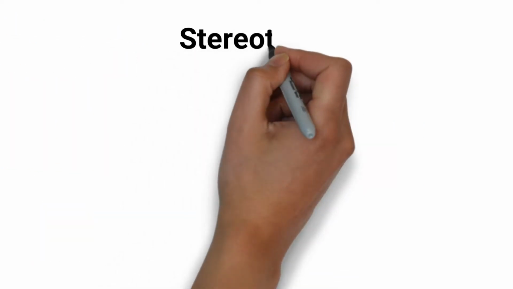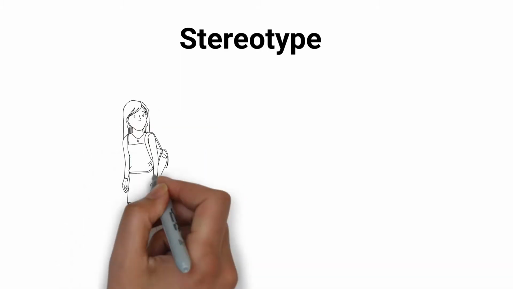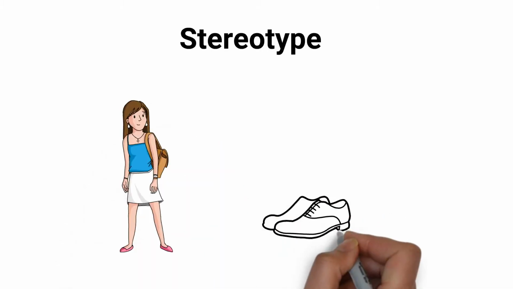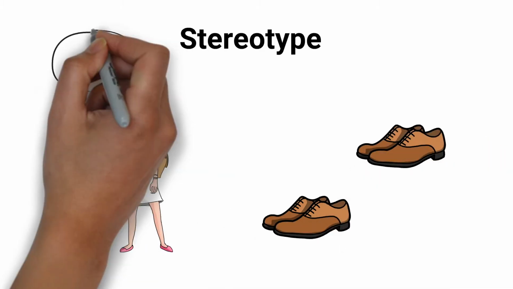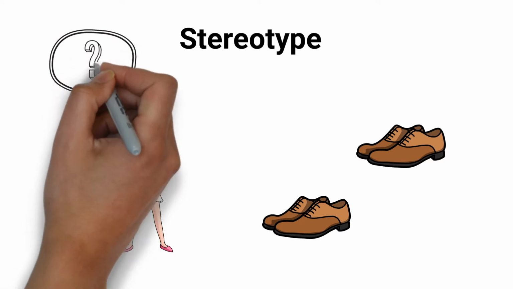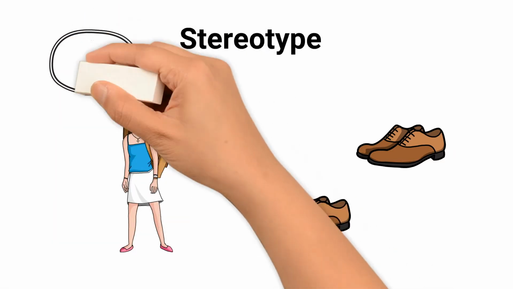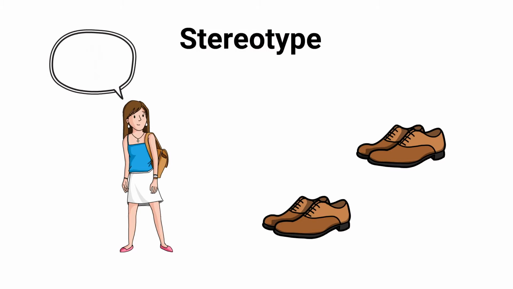Method 2, stereotype. Now imagine that you are in a store and there are two pairs of shoes in front of you. They are very similar in appearance and quality, and you like both. But which one is better? In this case, the rule starts to work. Expensive means better. You get what you pay for. Here comes the influence on you through the stereotype. Honey, it doesn't always mean better.